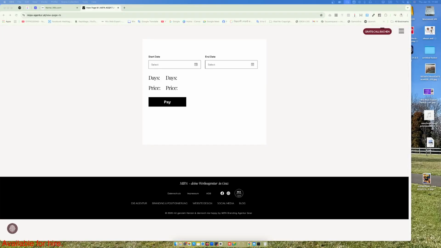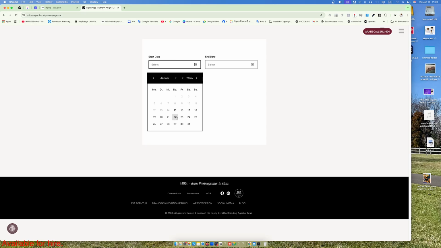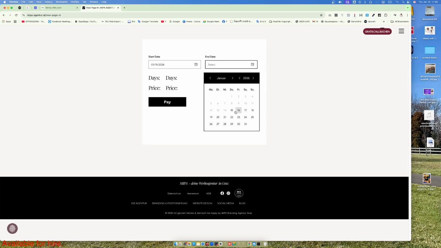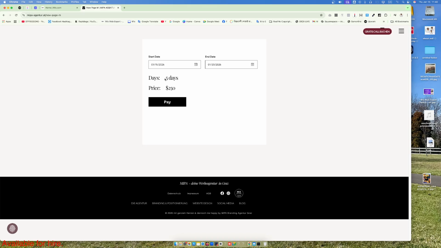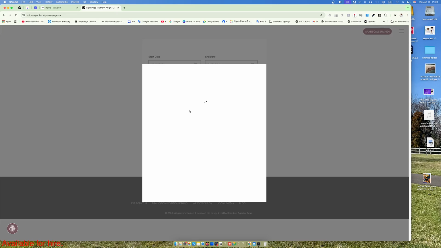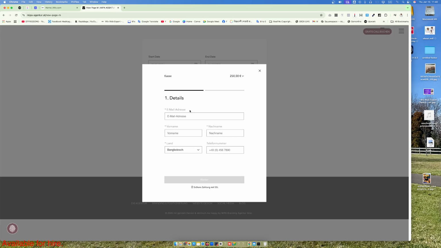So I have made a custom booking form, where people can select from which days to which days they want to book, and it will calculate the days automatically, and here it will calculate the price. Like, I have set one day at 50 USD, so I have selected 5 days. That's why I can see 250 here, and when anyone clicks pay, it will redirect them with the same price